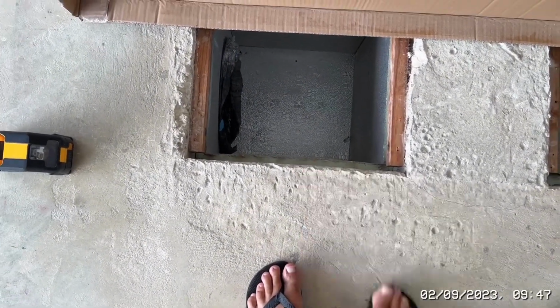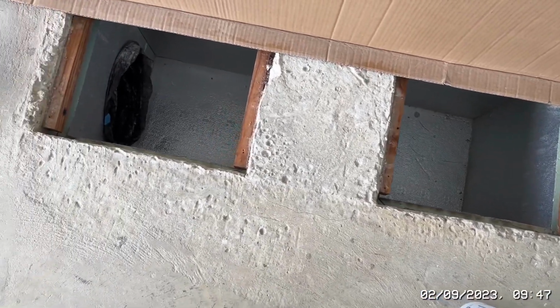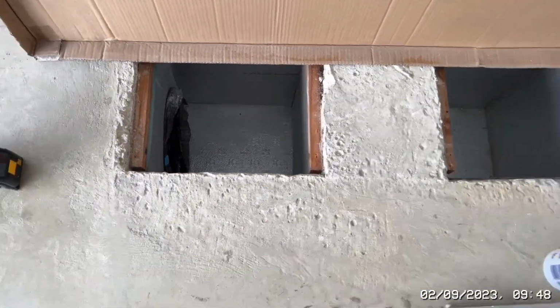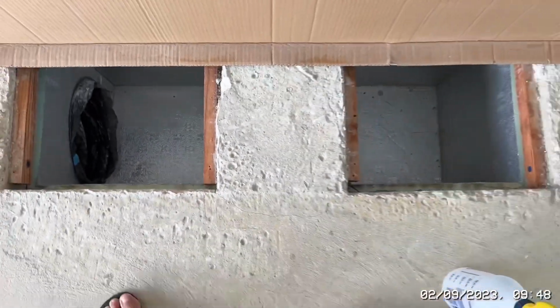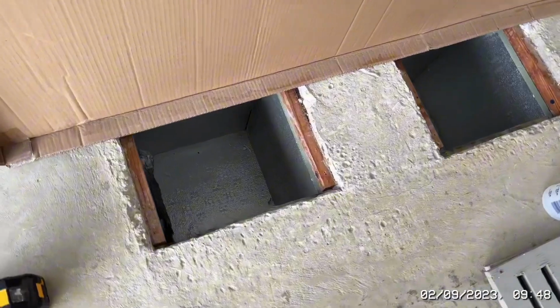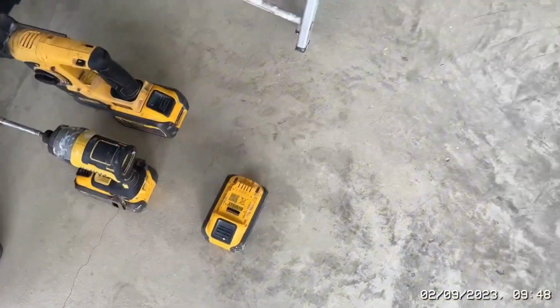This one is a little bit drunk. This one's not too bad, so I'll fire a laser on it and just maybe run a grinder across those and straighten them up at the same time. And then what I've got to do is score straight across here and start the tedious exercise of bashing that out. So impact drill, a couple of big batteries,